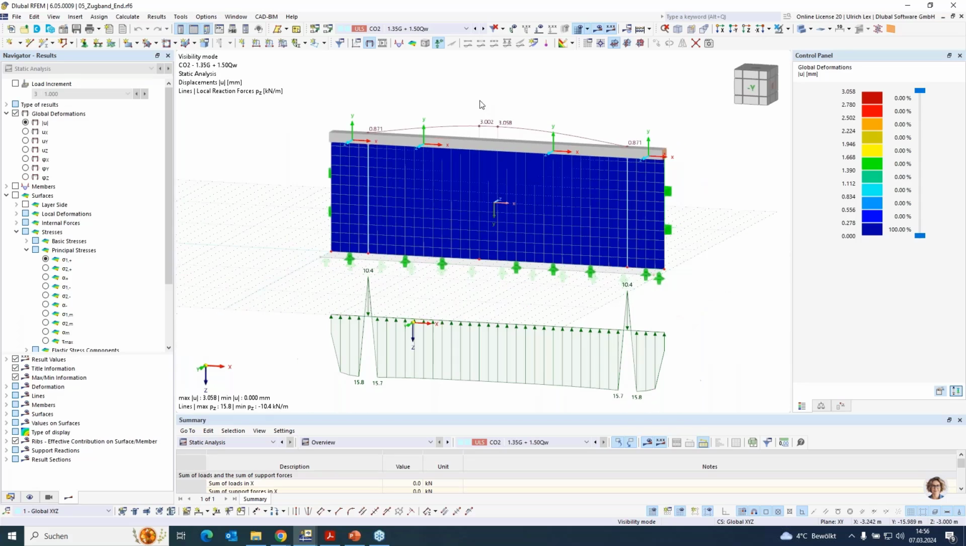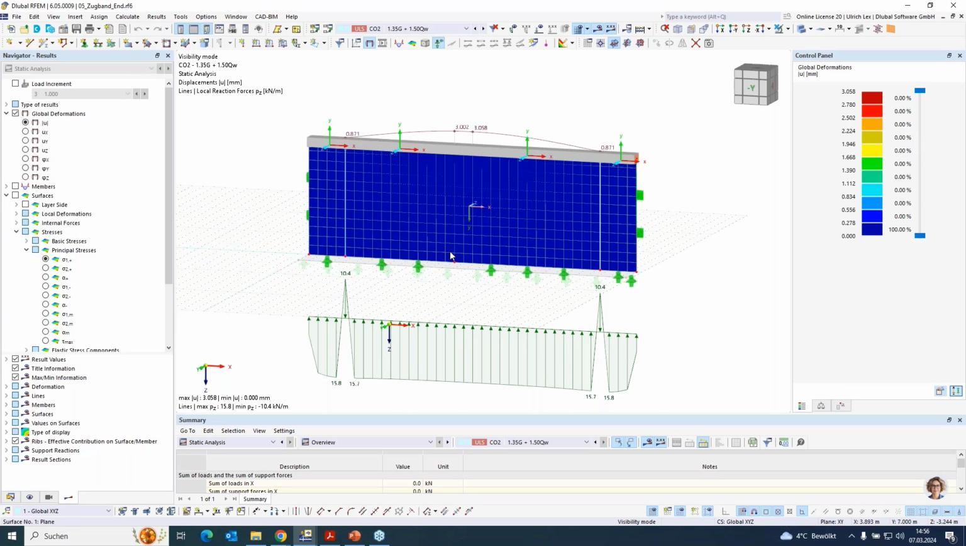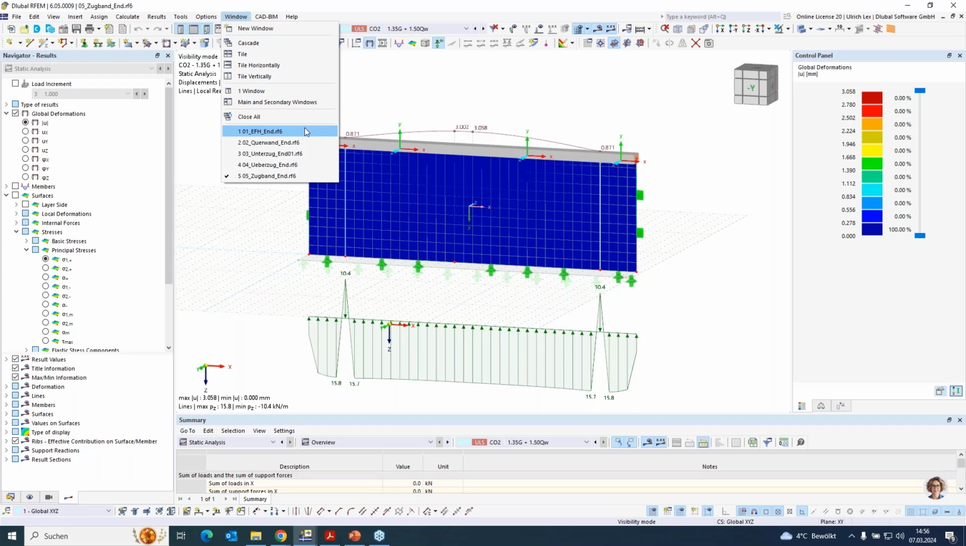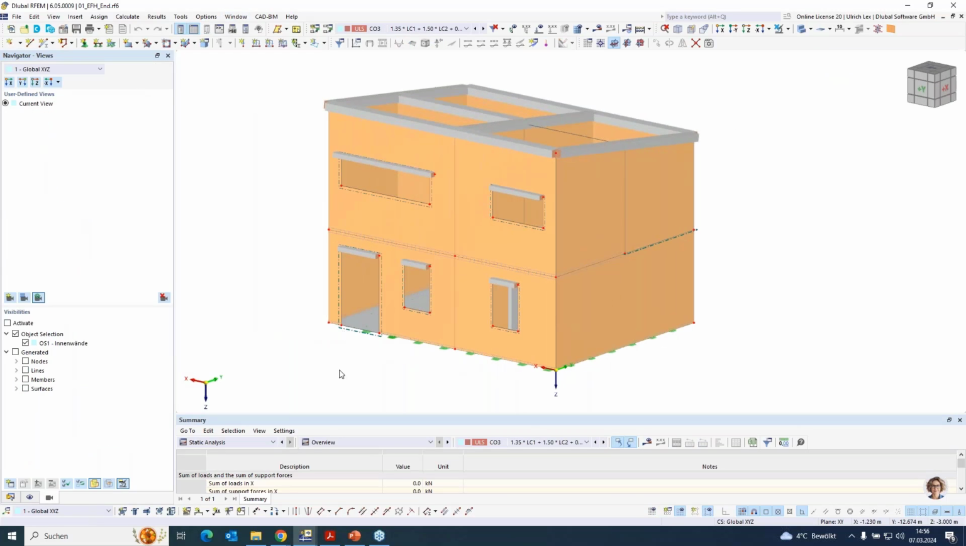Okay. And here you can see that in the wall there are no loads from the wind suction. It's only in the concrete slab. Okay, on this part I want to switch to the third part and go back to the building we created before. For the documentation,